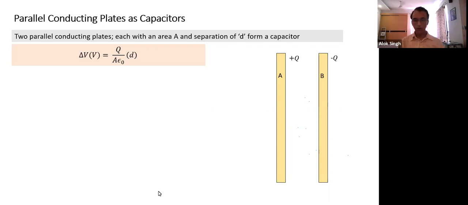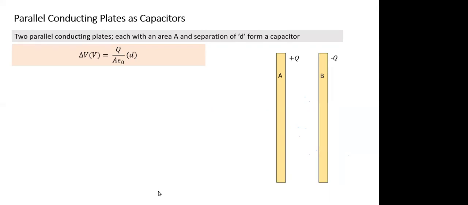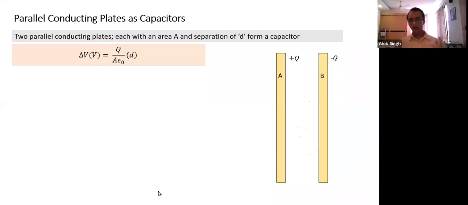Is potential important? No. What is important is the potential difference. So when I say a battery has a potential difference of 1.5 volts, I can call the negative terminal 0 and the positive terminal 1.5, and it's still the same amount of energy. I could say the negative terminal is minus 0.75 and the positive is plus 0.75. Does it make a difference? No. The amount of energy released as the charge flows from the positive plate to the negative plate remains the same.